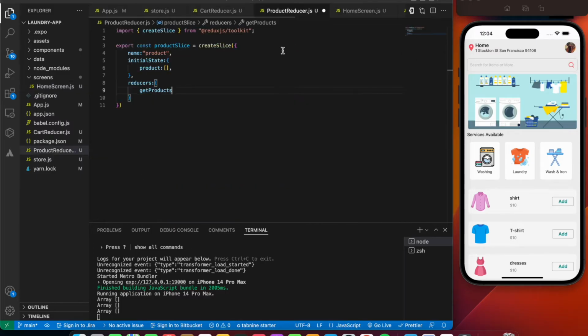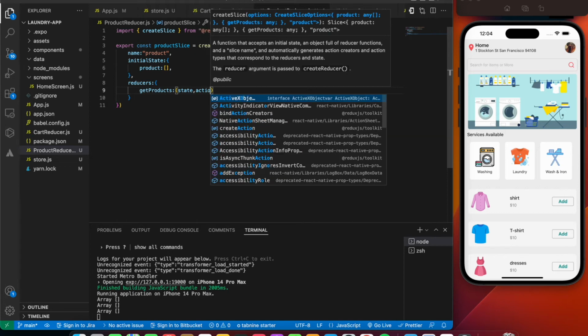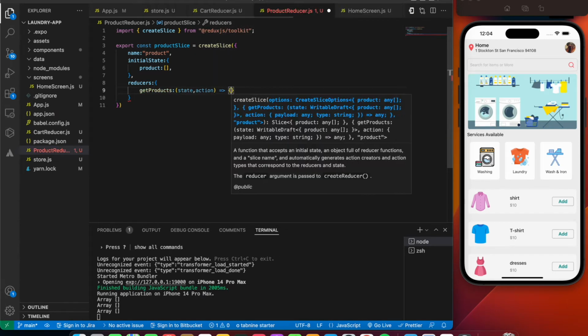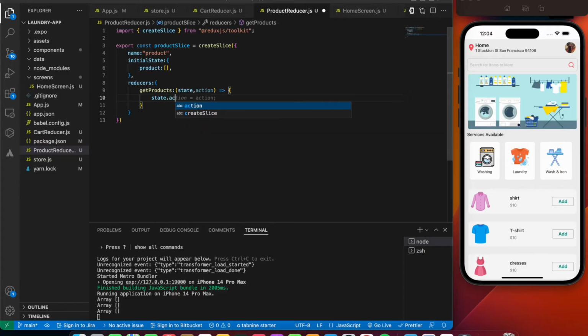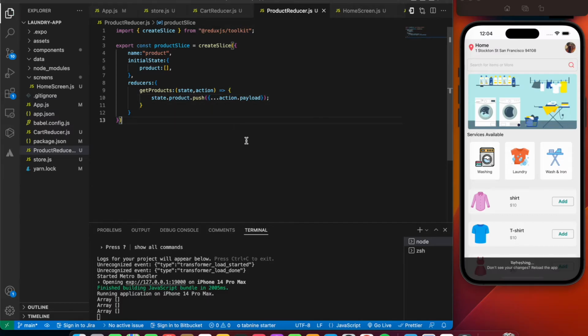That is, we'll be dispatching whatever products we have into this product, and then we will be writing the functionalities for increment as well as decrement. You'll understand while we move forward, don't need to worry. So getProducts is going to take in the state and action again. We are just going to say state.product.push whatever is there inside our action.payload. Right, so let me save the file,